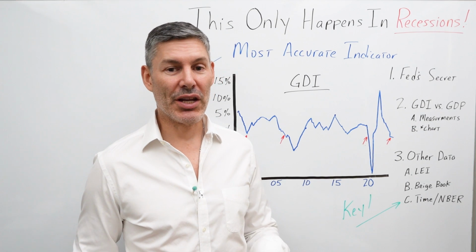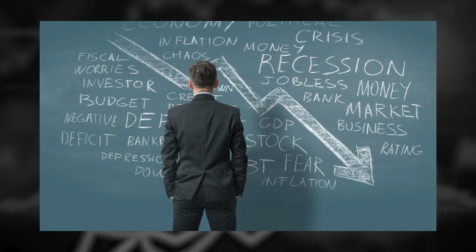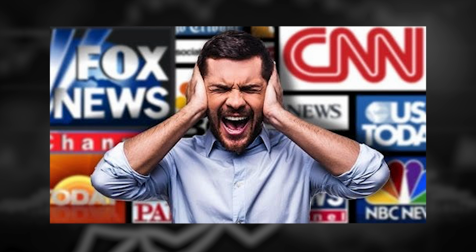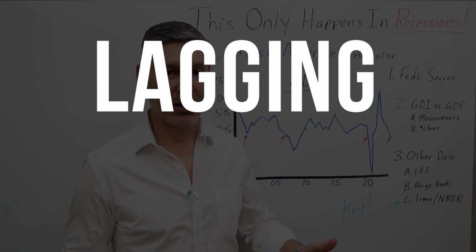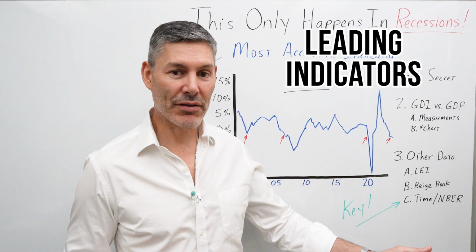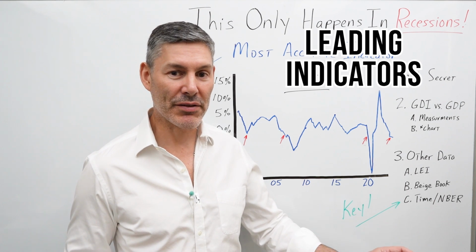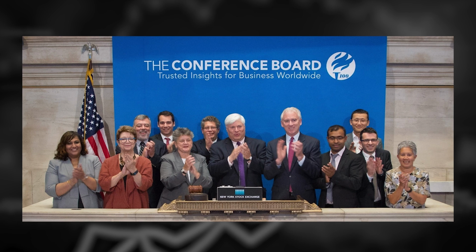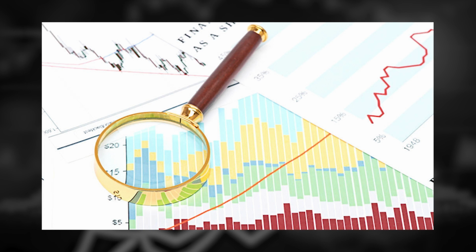But it's not just the GDI that's screaming recession right now. It's also something called the LEI. Now, most of the headlines or the metrics that you see in the mainstream media, they're all looking in the rearview mirror. They're all what we call lagging indicators. But there's a lot of leading indicators that we have in economics. Particularly, there's an entity called the Conference Board that aggregates a lot of this data and puts it into an